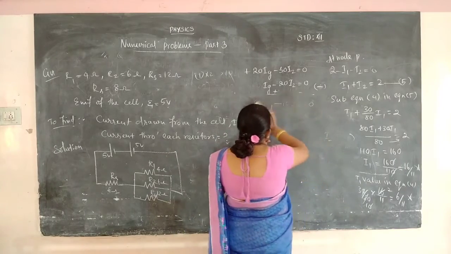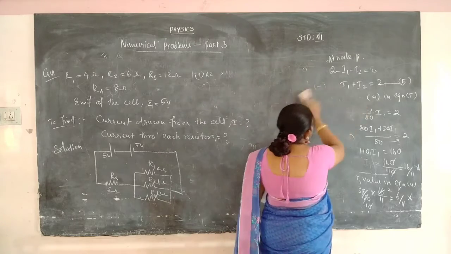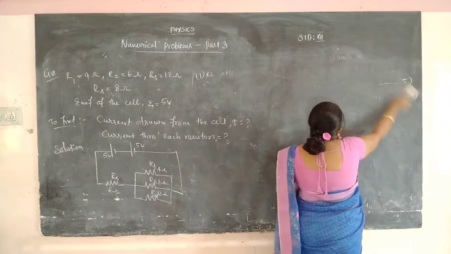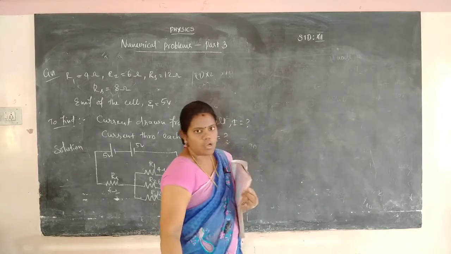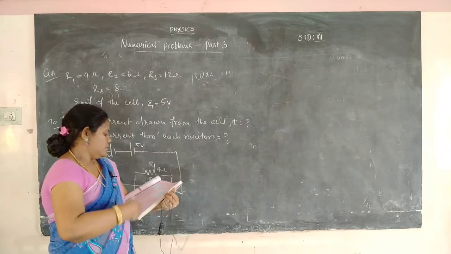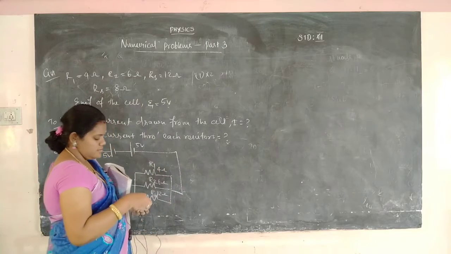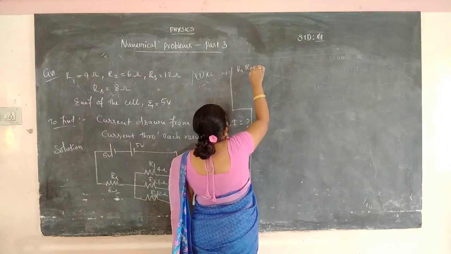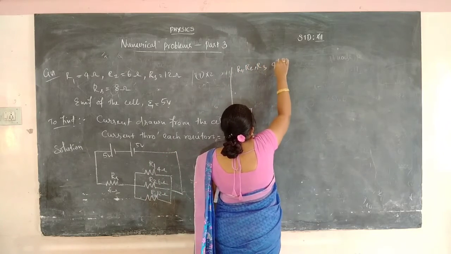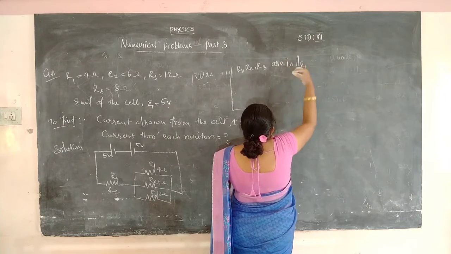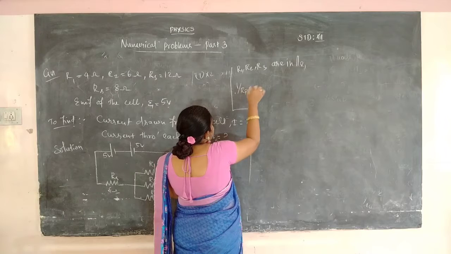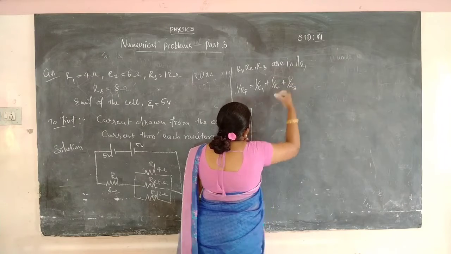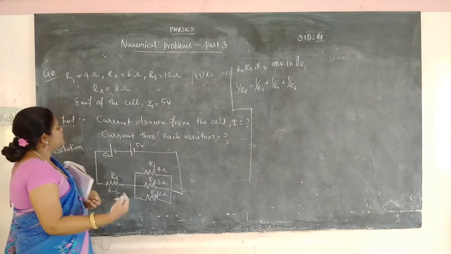First we will calculate the current flowing in the circuit, but first we need to know the resistance. Okay? So we want to calculate the effective resistance. How will you calculate the effective resistance? 3 resistors are connected in parallel, right? So for parallel we can easily find the effective resistance. Parallel means 1 by Rp is equal to 1 by R1 plus 1 by R2 plus 1 by R3. Substitute the R1, R2 and R3 values.